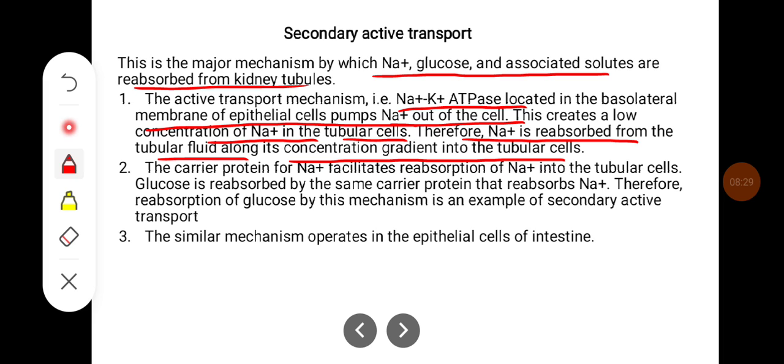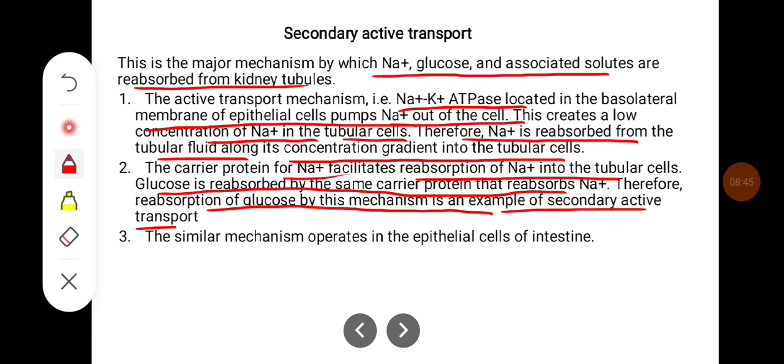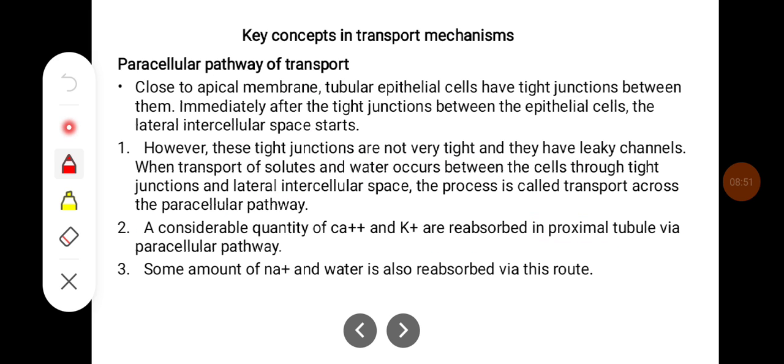The carrier protein of sodium facilitates the reabsorption of sodium into tubular cells. Glucose is reabsorbed by the same carrier protein that reabsorbs sodium. Therefore, reabsorption of glucose by this mechanism is an example of secondary active transport. A similar mechanism operates in the epithelial cells of the intestine. There can also be